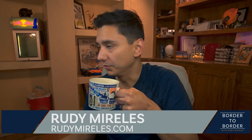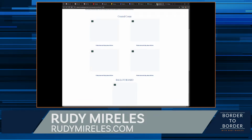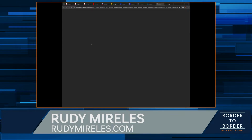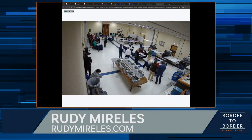All right, so it looks like we're going to go back over here. It looks like nothing yet from Cameron County. But we can take a look at what their central count looks like. Let me pull this up. So this is what it looks like in the building where they're counting. Lorena, I see your comment, lost you for a sec, but it's back on. Thank you so much for that feedback. Like I said, if something happens,